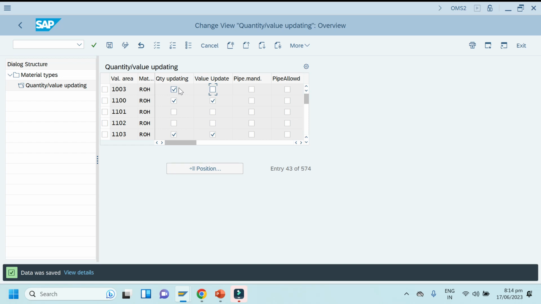If both quantity and value update are not selected, then these materials must be procured for consumption purpose only,